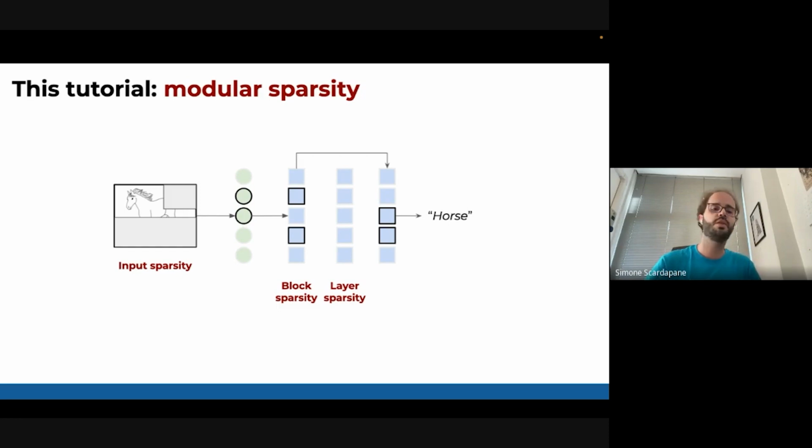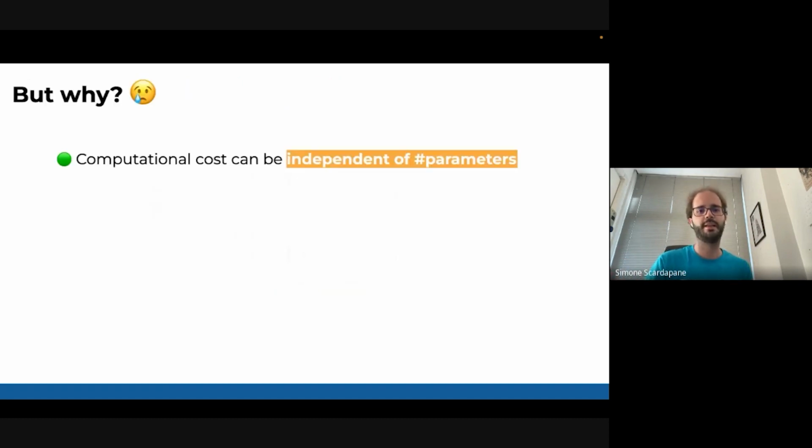And what I'd like to do in this talk is to say, okay, first of all, we need to understand how we can do that. Can we design neural networks in this way? And of course, the answer is yes, and I will show you some trends that are doing this in the literature. But the second thing, which is more interesting, is once we start doing this, if our neural networks become modular in this sense, what kind of interesting things can we do in terms of, I don't know, interpretability or efficiency that we couldn't do before? And there are many of these. I'd like to give you just an overview.